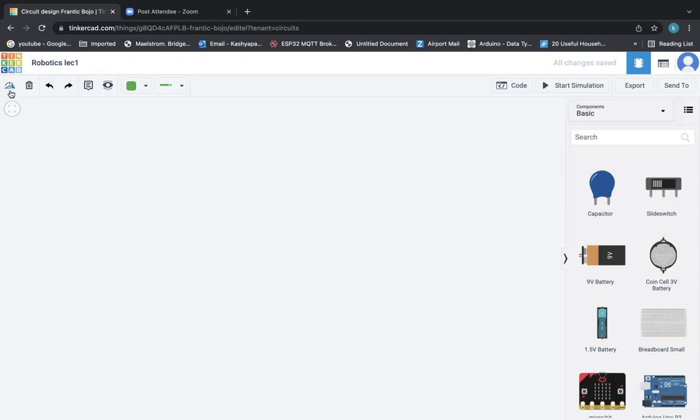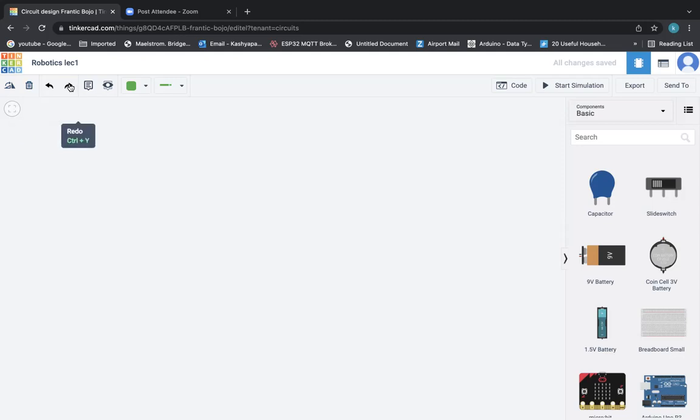And then if I come here, these are some keys that we can use. The leftmost button in the upper left hand side is a rotating tool, and I will show you this. By pressing this, you can rotate the component, and this is of course the delete, and this is backward, which is undo.